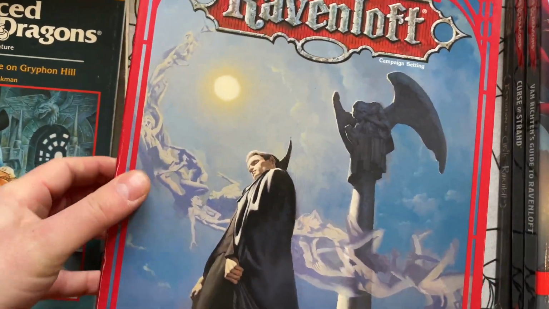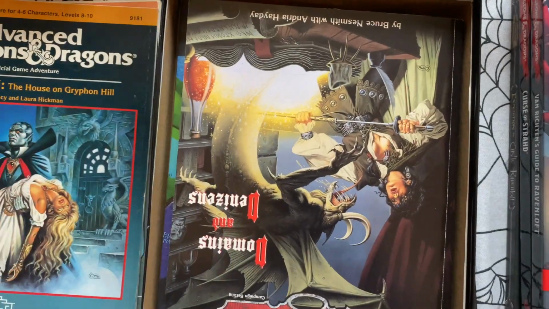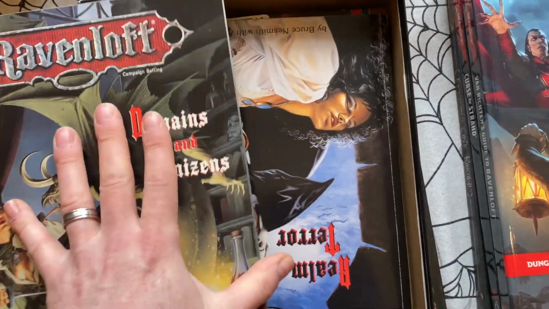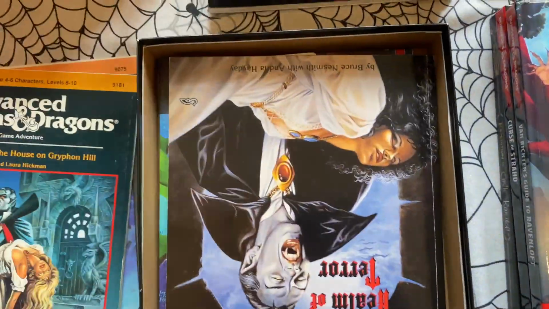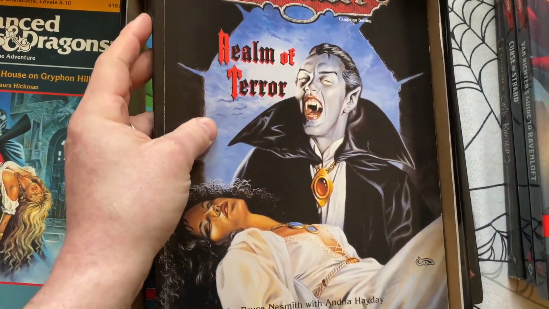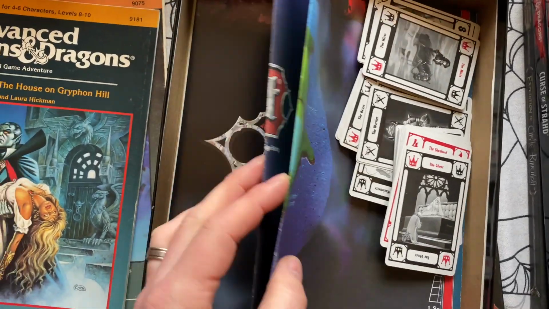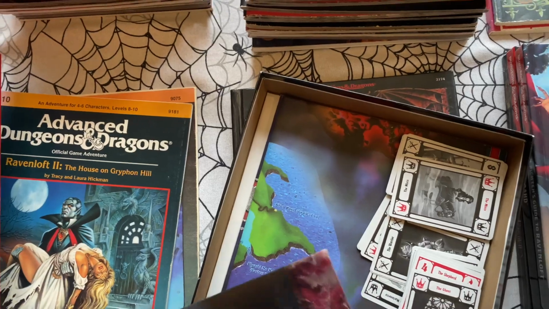And then this one, if I just pop this one open. Again, we've got a little bit of repetition with the artwork, but we have a book on the Domains of Dread. We have a book on the basic Realm of Terror rules, the cards, more maps, Dungeon Master's screen, cool Dungeon Master's screen that